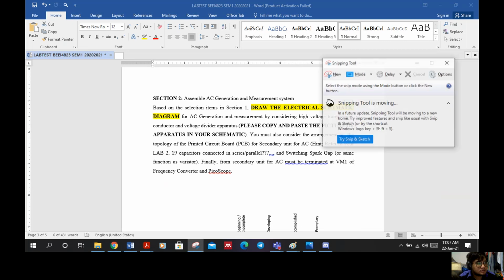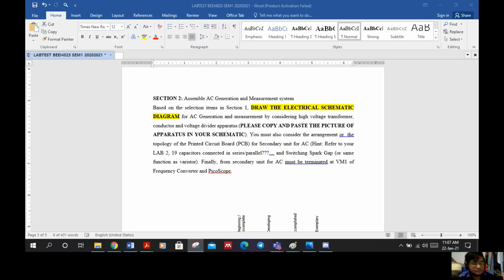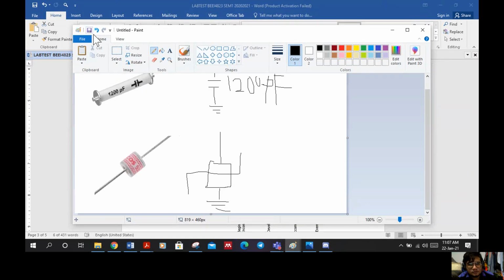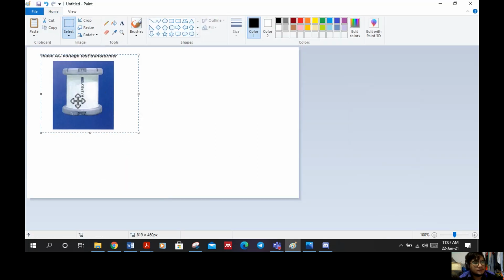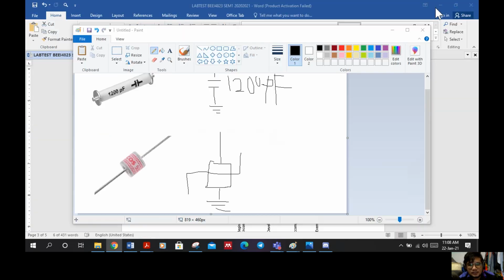So this is the secondary AC. So for the schematic diagram, it will look like this one. This is a transformer, secondary transformer. Okay, next thing is